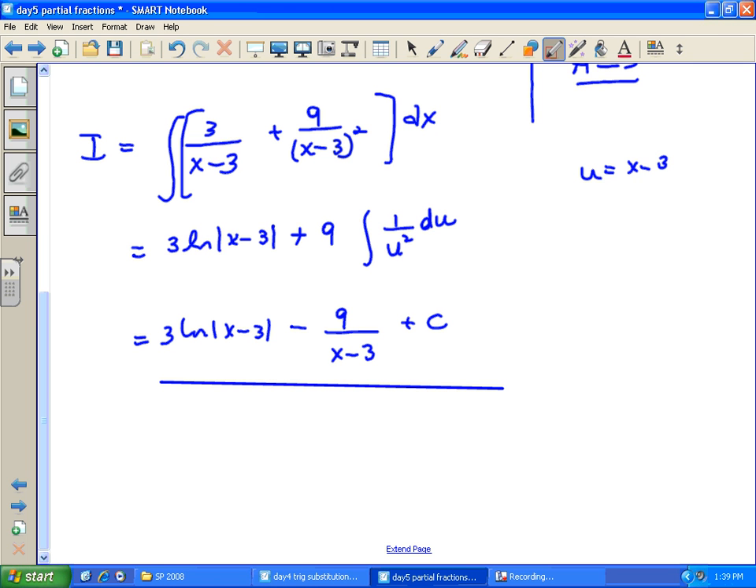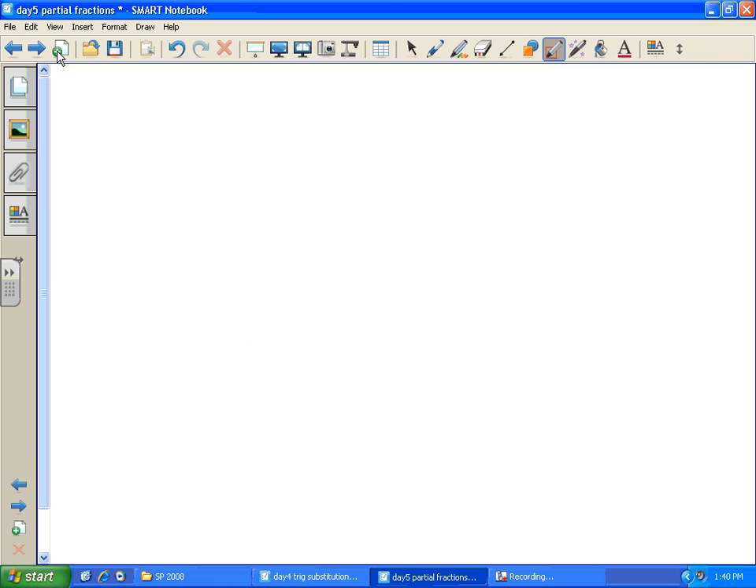Okay, so far we have done distinct linear factors. We've done a repeated linear factor. Now we're going to do something that involves an irreducible quadratic, and those get a little bit more tedious. The example we'll take a look at is the integral of,